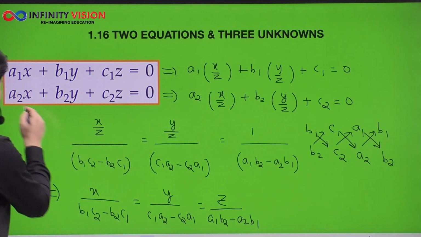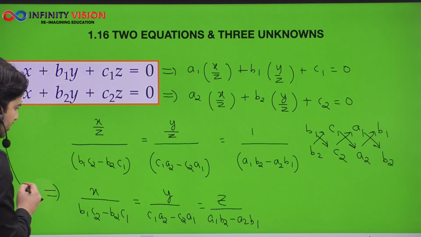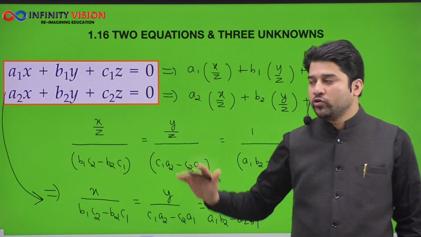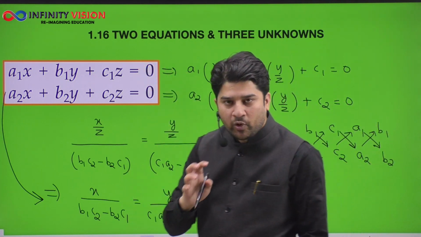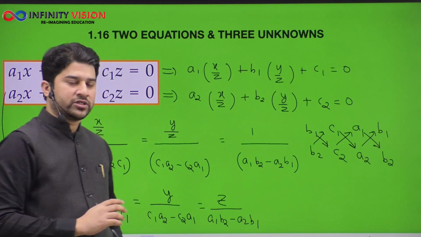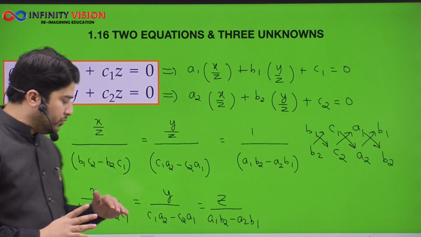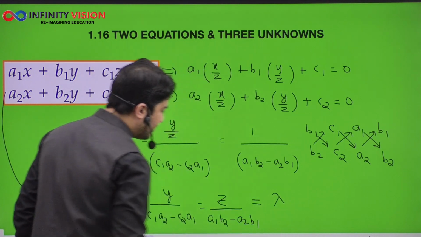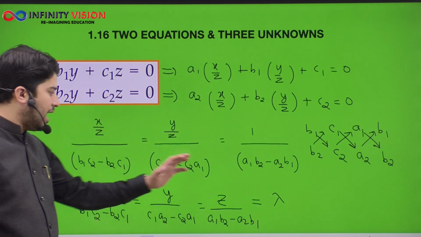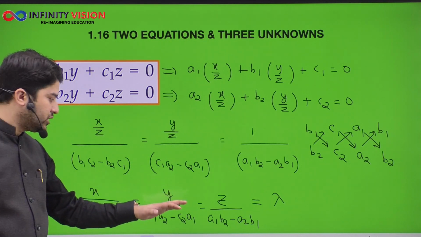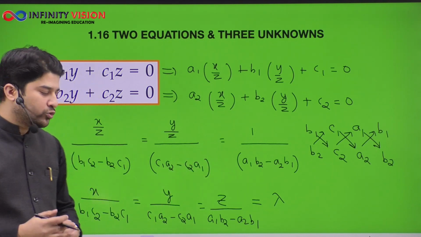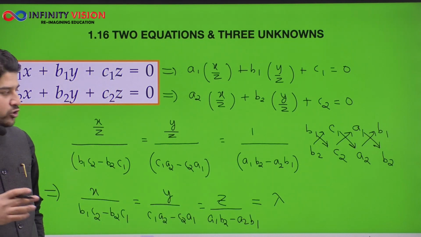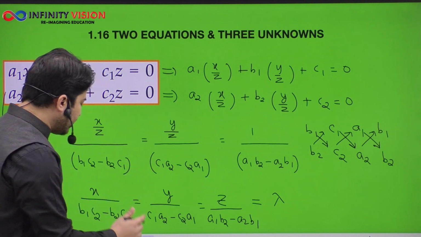So whenever you get the scenario that there are two equations and three unknowns and the right hand side is 0, you can break the whole story as x upon constant equals y upon constant equals z upon constant, which will help you write the whole thing as lambda. So x is lambda into b1 c2 minus b2 c1 and y is lambda into c1 a2 minus c2 a1 and z is a1 b2 minus a2 b1 into lambda, which will help you write